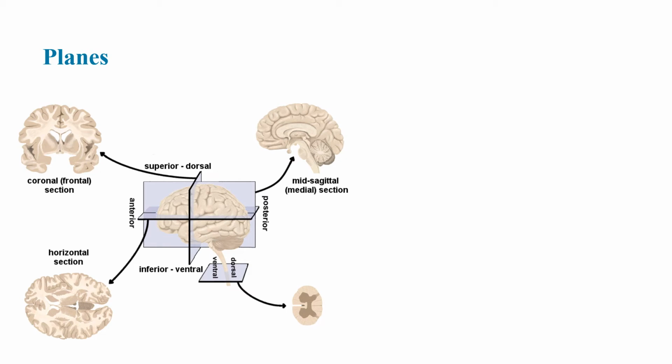Now that we've looked at those two as an overview, let's actually look at the planes of the brain. We've got a few different planes to worry about. We've got horizontal planes, vertical planes, and sagittal planes. The sagittal plane is this one here, that cuts the brain from left to right. The horizontal is there, that cuts it from top to bottom. And then the vertical is there, that cuts it from front to back.